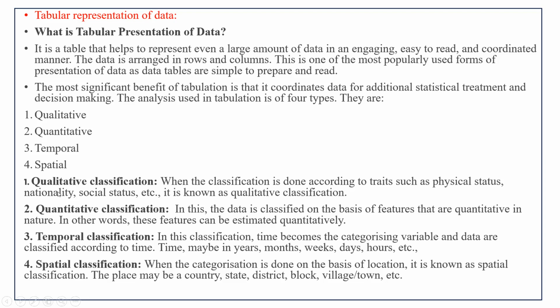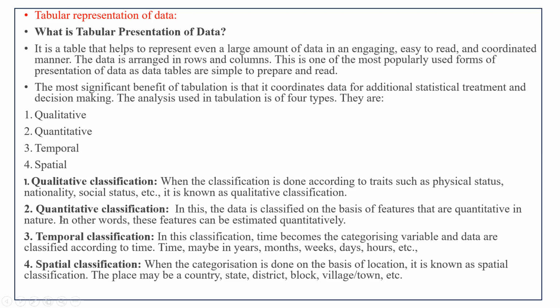So in qualitative classification, the classification is done according to traits, that is some physical status or social status or nationality or some physical characteristics. Whenever such a trait is considered, it is called qualitative classification. Accordingly you can prepare the table, where just by looking at it you will know all the status, physical or national or social or whatever characteristic it could be, very easily understood by